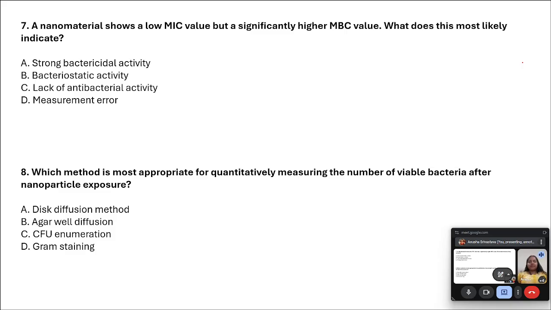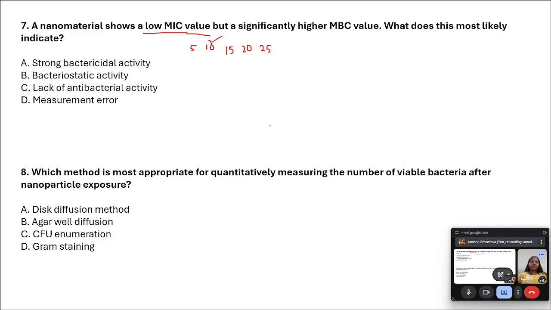Okay, so let's attempt this question as well. The seventh question reads, a nanomaterial shows low minimal inhibitory concentration value. It means that suppose you have 5 mg per ml, just for example, 10 mg per ml, 15 mg per ml, 20 mg per ml, and 25 mg per ml. Five different concentrations. Now suppose the minimal inhibitory concentration value that you found was 10 mg